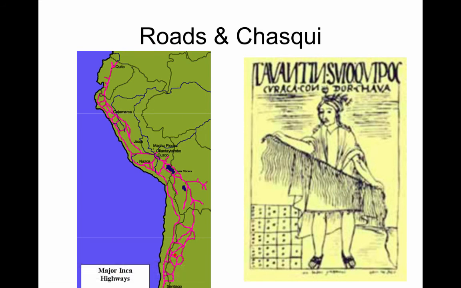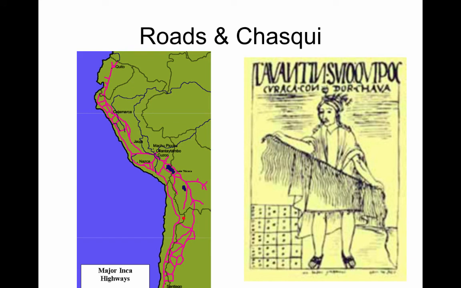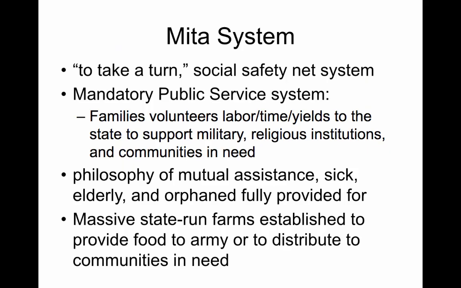And so they would communicate that information, and he would show the new Chosky the Kipu and help him understand what the Kipu was telling him. And then the new Chosky would put the Kipu around his waist and do his leg of the run, which would be anywhere between 10 to 20 miles, so pretty long distance running. And so this is how they communicated information throughout the empire, by utilizing the Kipu and the running messengers known as the Chosky.